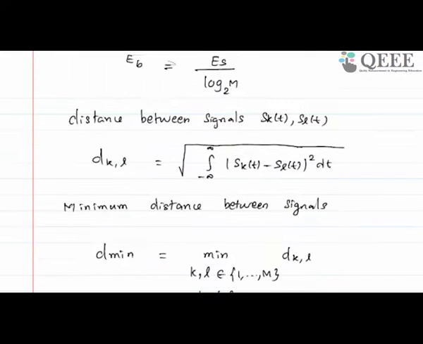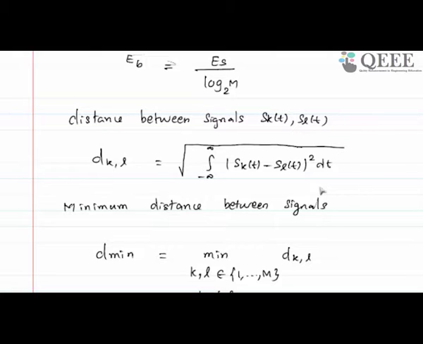And also we saw that the distance between the symbols is the one which governs the error performance. So just like the BPSK scheme I explained, the distance between the points in your constellation tells you how much error performance you will get. So that is why it is important to define the distances.